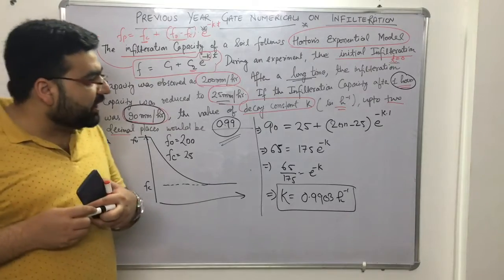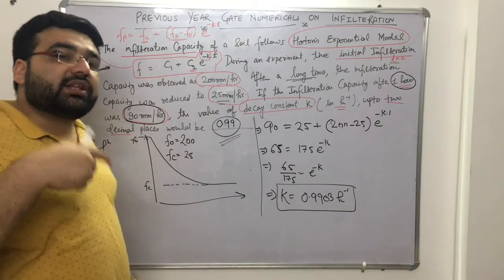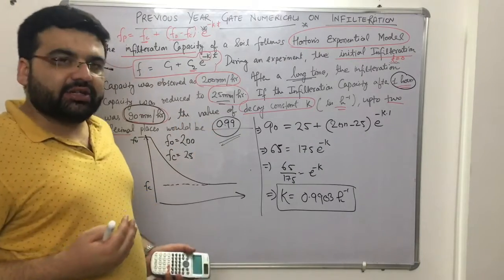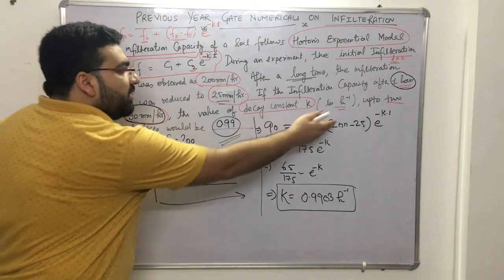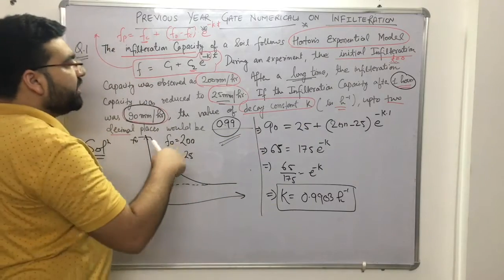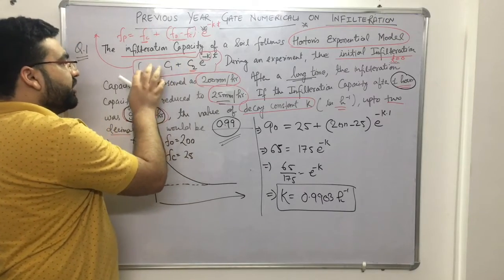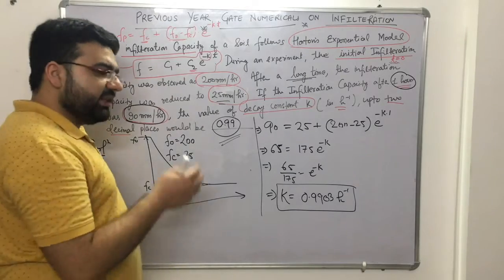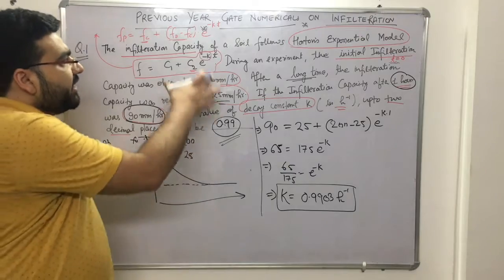I hope that you have understood how to solve this numerical, right? It was an easy numerical, but what the students did is that they solved it in a lengthier way. So in the GATE examination, to save time, if you have good concepts, you directly write the equation and get the answer in just 2 to 3 steps. But the students first calculated C1, then C2, and put in the values to get the value of k. In 5 to 6 steps they got the answer correctly, but they wasted a lot of time. Okay, so I hope that you have understood this numerical.